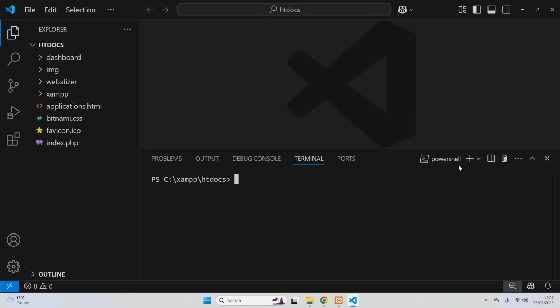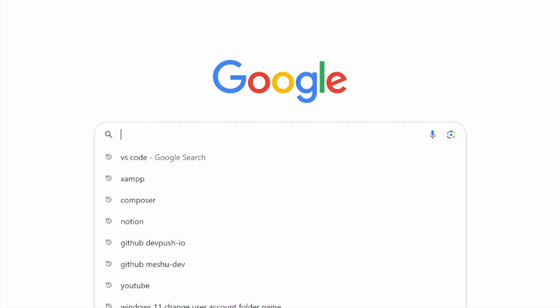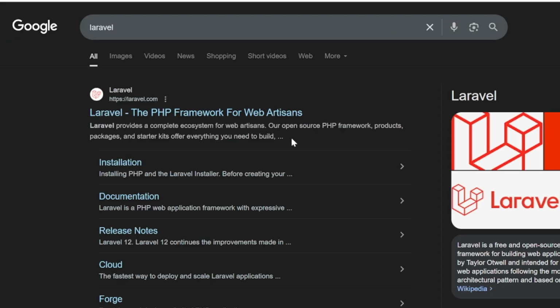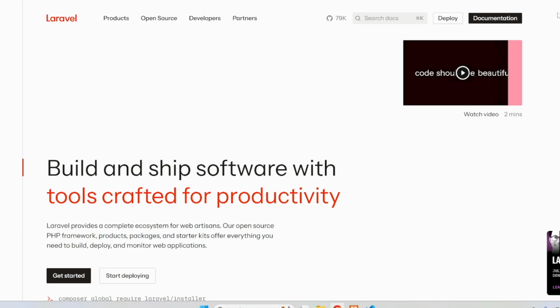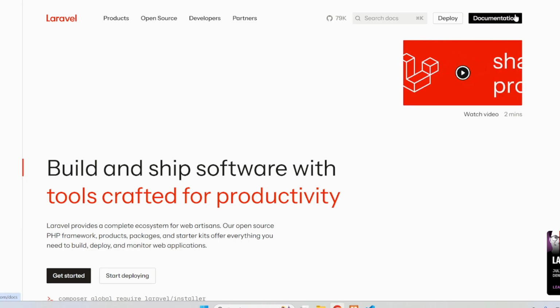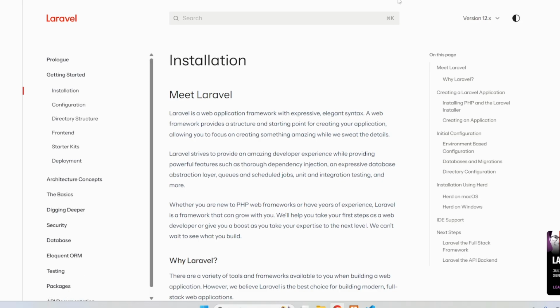So we need to minimize VS Code and go back to the Chrome browser. In the Google search, type in Laravel, and it should be the top link. So if you click the link, you'll be on a Laravel website. Click on the documentation button in the top corner or click the get started button and you'll be taken to